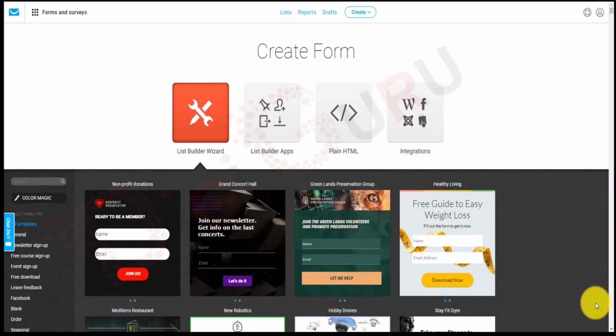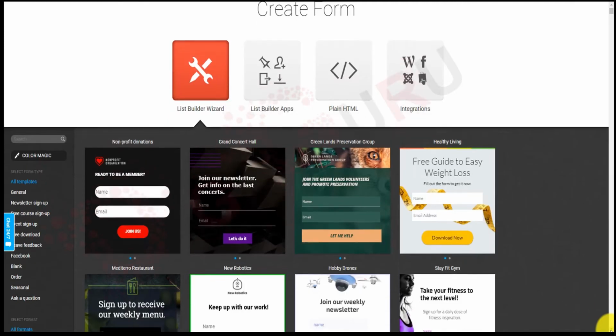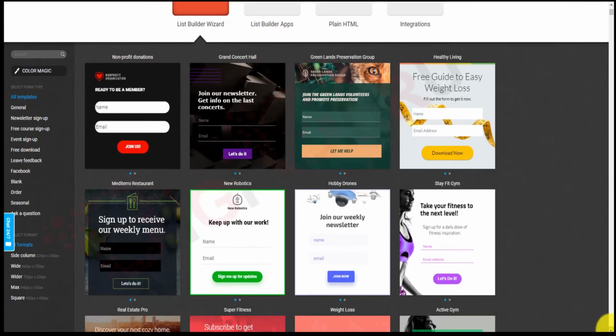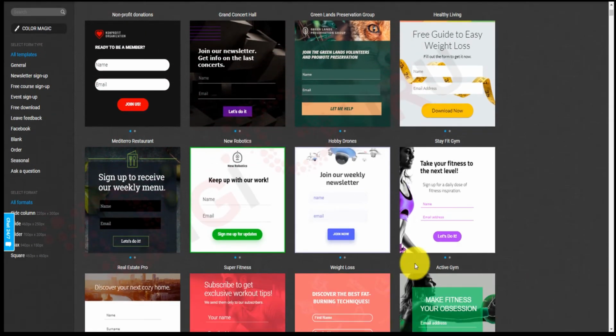Right, so as you can see, the entire form has appeared in front of me. Now among the layouts which are appearing, I can choose any layout in order to use it in my website. So for testing purposes, I am choosing this layout. The moment I hover the mouse over the layout, I can see an option coming up as use template. So if I need to use any template, I just simply need to click on use template,